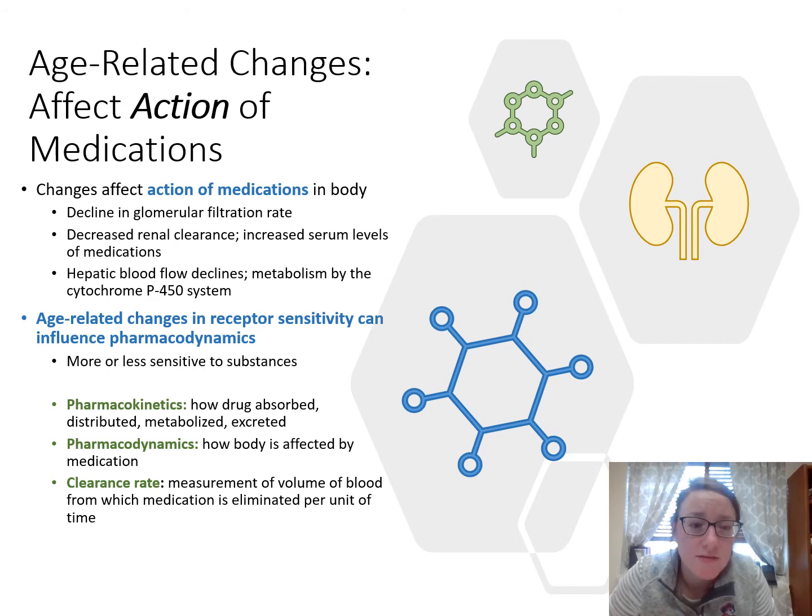And so there are age-related changes that are related to a decreased glomerular filtration rate, and a decreased clearance rate in our older adults. And these are going to be greatly affecting the pharmacodynamics of our medications, because as the body isn't able to clear those metabolites of drugs, those byproducts, the drug itself is left to kind of stew inside, and our serum levels increase. And then we have an increased toxicity to those medications.